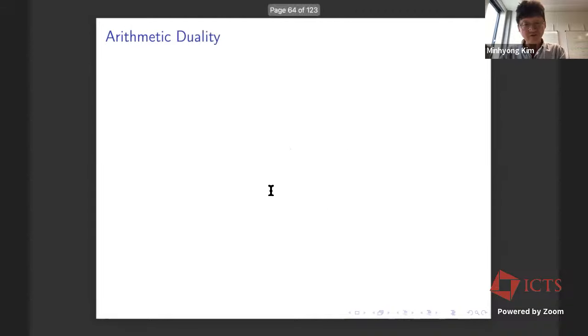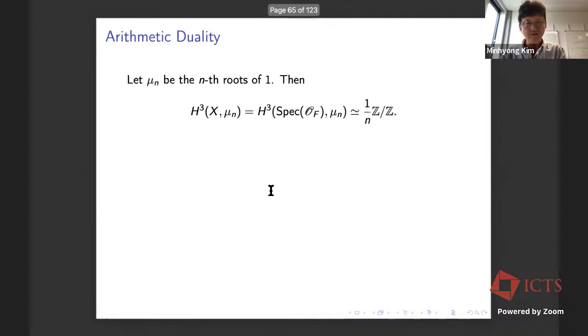So here's one easy way to do it. It uses the general duality theory of these fields. So if you take the nth roots of unity, oh, sorry, I should have said, let me assume that in fact F contains the nth roots of unity. That will make it totally complex for n bigger than 2 anyways. Right, the basic fact is that H3, in fppf or flat cohomology, for X with coefficients in mu n will become isomorphic to Z mod n canonically.